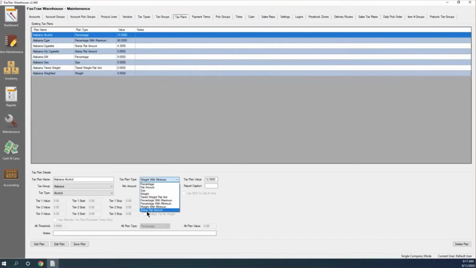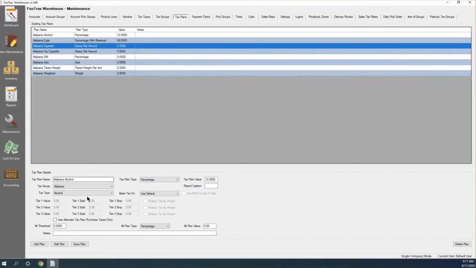All right, our last option here is our stamp flat amount. Like I said before, this is pretty much done for cigarettes, sometimes cigars. The way this one works, a stamp flat amount is per stamp, so you're not doing the whole carton together. It's per stamp, so each pack that has to have a stamp on it. In this case, my value is set to